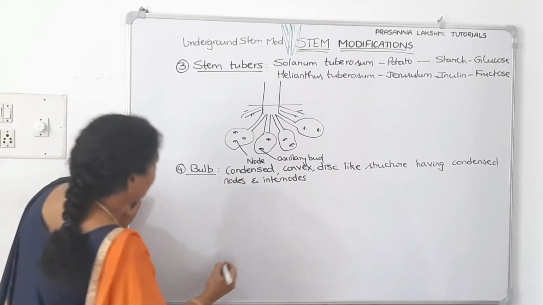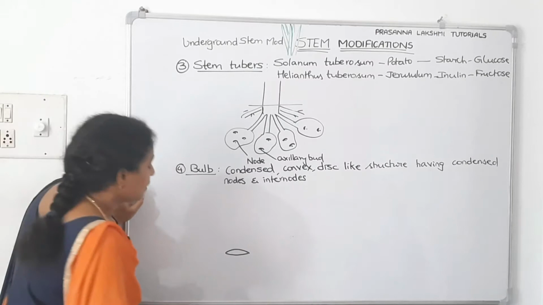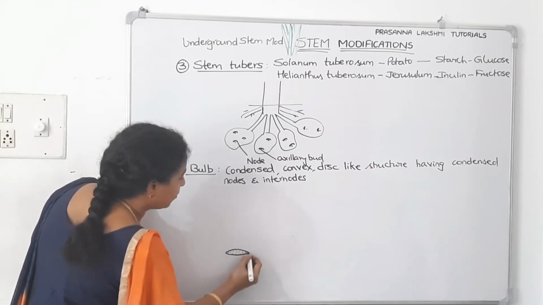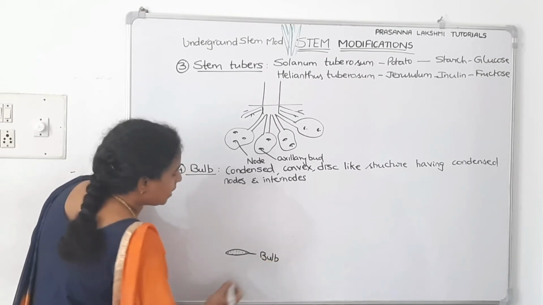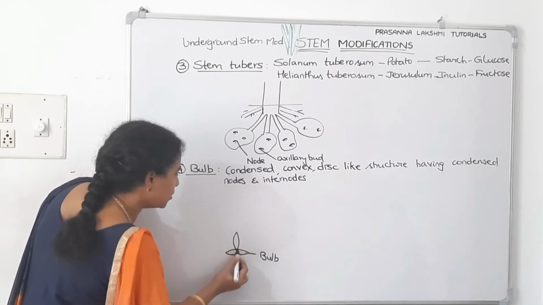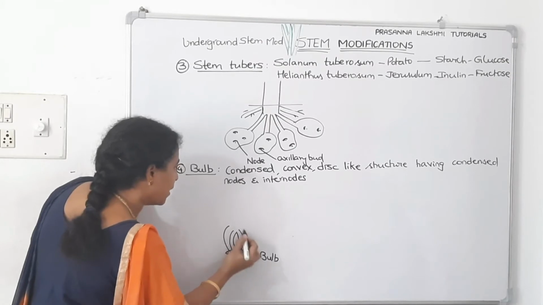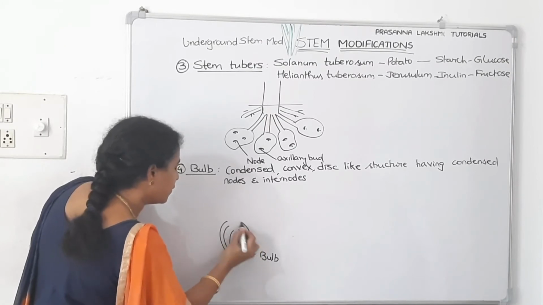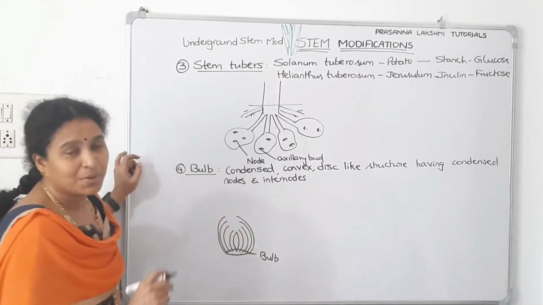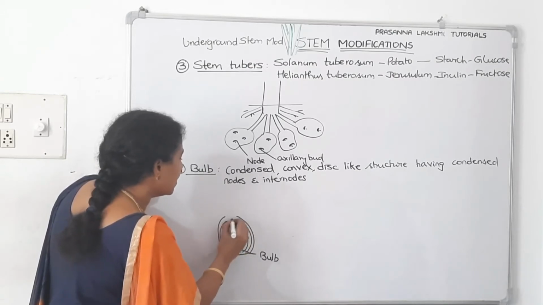If you have to see the example of bulb, here is a bulb of onion. Now, these are the nodes which are present on the stem. This is the bulb. Bulb means stem. Now from each node, we know concentrically arranged leaves will come. From here, one pair of leaves. From this node also, one pair of leaves. From this node also, one pair of leaves. Now some leaves will be dry membranous because onion is a tunicated bulb. It will be covered by a membrane. So these are concentrically arranged leaves.